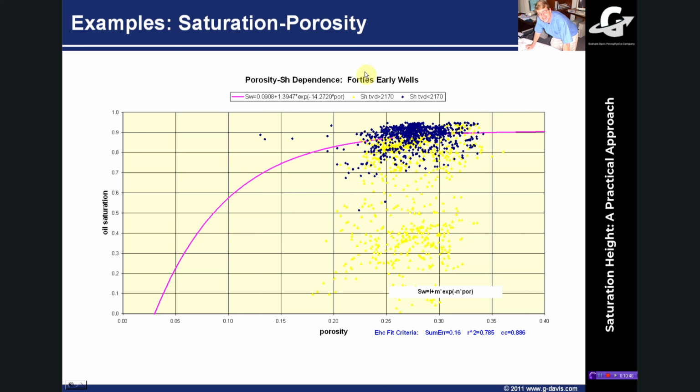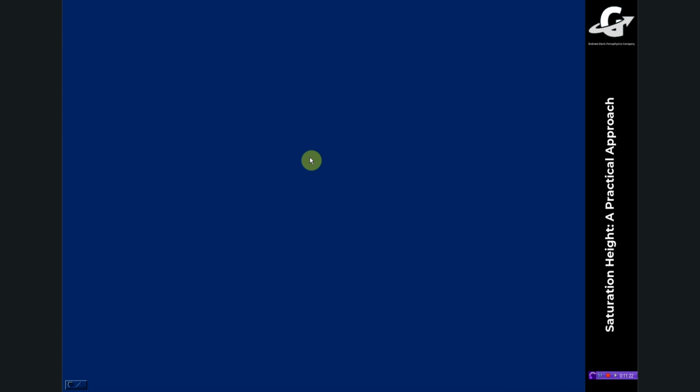If I just go back to a Forties example, here's that Forties data set I was showing you earlier on. Here there's obviously not a lot constraining the lower porosity end, and that's good. That's many degrees of freedom. But actually what I'll show you later is that I've probably been a little bit too optimistic here on this particular plot. There's not a lot controlling that, but when I show you some data later on, you'll see that I'm probably overestimating the saturations. If I have 15 pu rock, in reality I don't get 75% oil saturation, but we'll see a bit about that later. And you'll see the impact of those sorts of decisions.